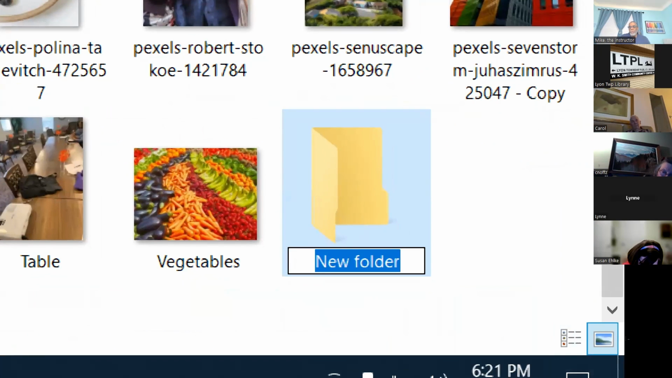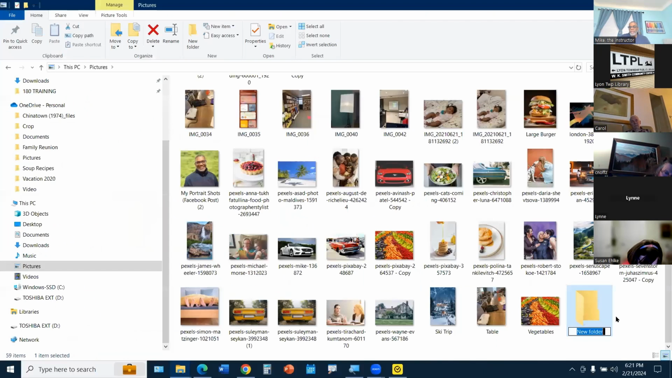And what you do at this point, you don't have to put your mouse on the words New Folder. You don't have to try to bring it inside of that little rectangle box. Whenever you see text in blue, all you do is start typing. And so I'm going to